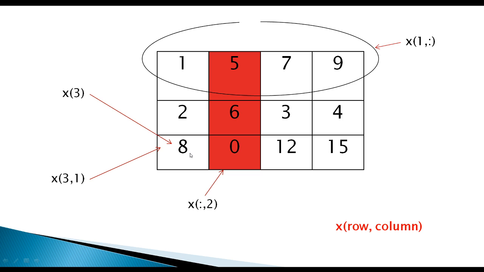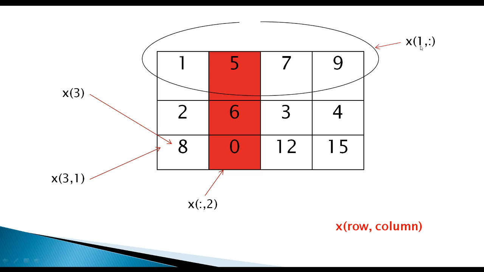Sometimes you will require to take out an entire row or an entire column of a matrix. Most of the times this will be required, that you want to extract an entire row or column. How do you do that? For that, we once again use the magical colon operator, these two dots. For example, I want to extract the first row out of this matrix and save it in a new variable. So what I can do is write x in bracket 1 comma colon.